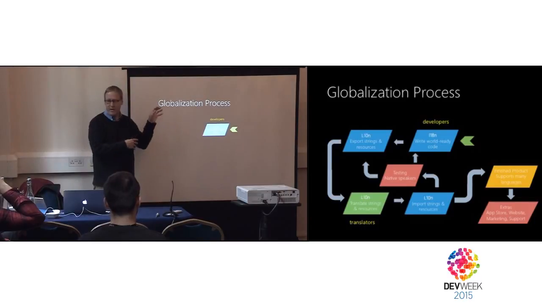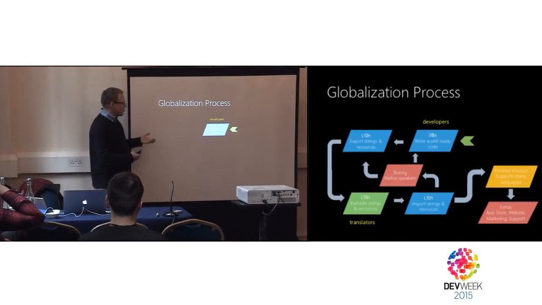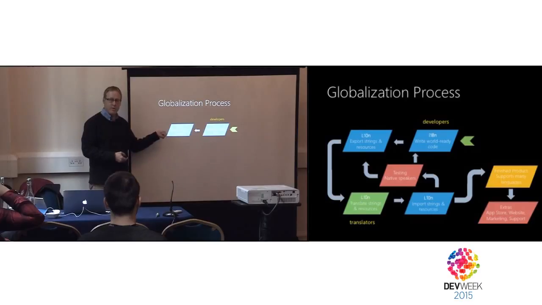I have some examples here, not a complete list, because there's far more to it than even what I'm going to show here in the limited time that we have. But the idea is making sure that our code is capable of handling multiple languages. Whether we do or not, we want to make sure that it's written in a way that we can then integrate those languages at various points in time. Once we've done those steps, we're then going to go through the localization process. And the first step to that is extracting all of the